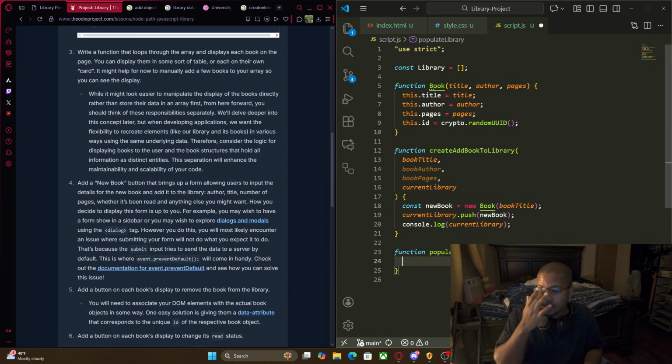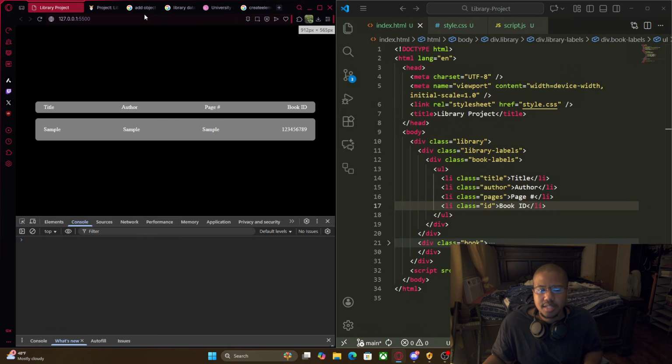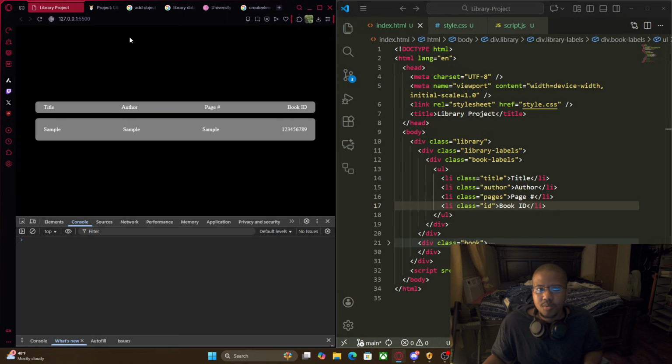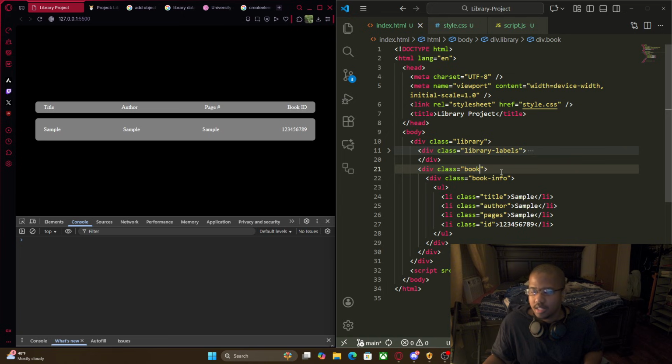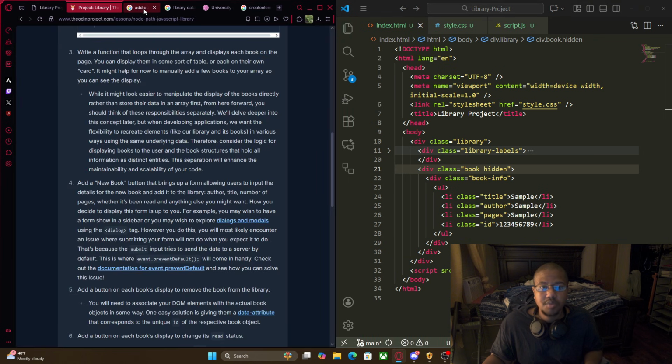And what that's going to do is, let's see, why don't we give this a display of hidden? Not the library, not the labels, but the book. All right. So now that we got that,